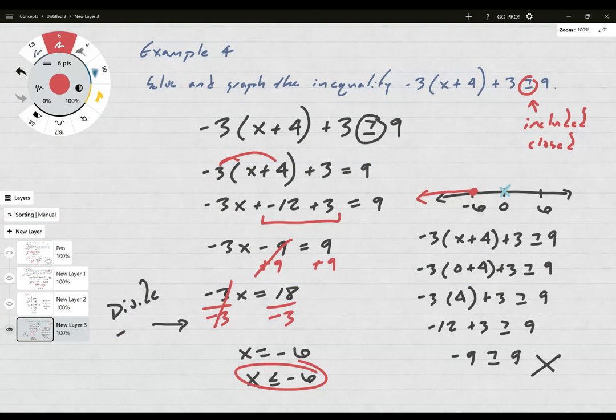All right, so that's solving inequalities with multiple steps. In this case, we added the distributive property. This should help you with the last two